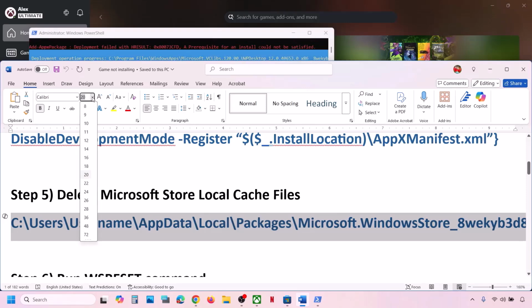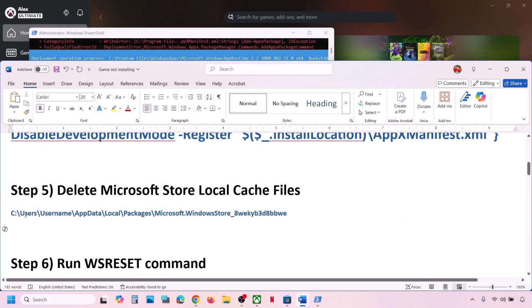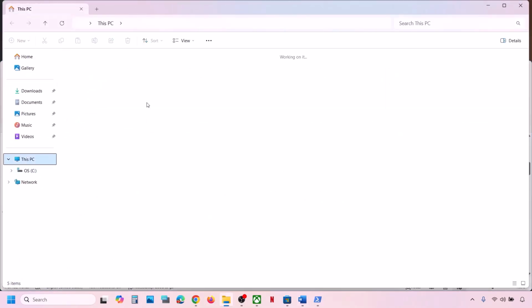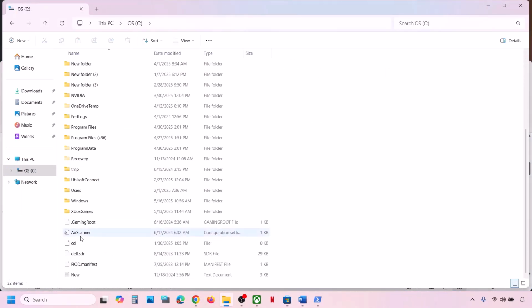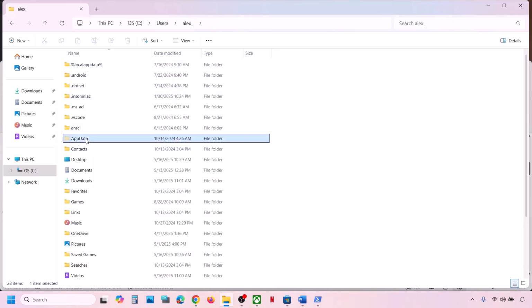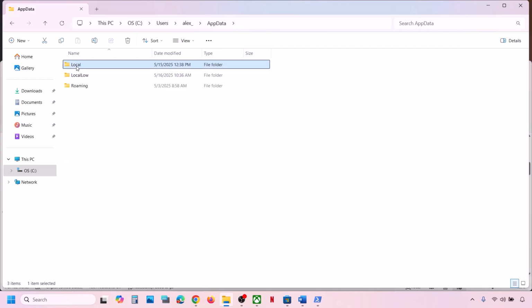Now for this you can go to this location. The location is provided in the video description. So open File Explorer, then go to this PC, open C drive. Now open users folder. Now open your username folder. Now open AppData folder. Now if you don't see AppData at the top, click on view, select show, put a check on hidden items and then open AppData folder. Now open the local folder